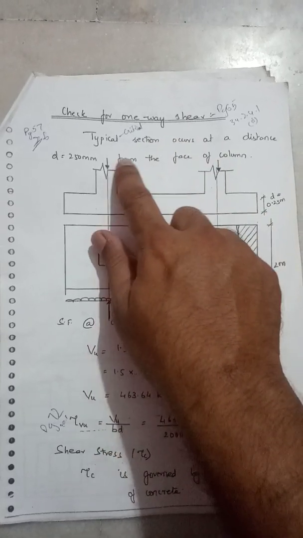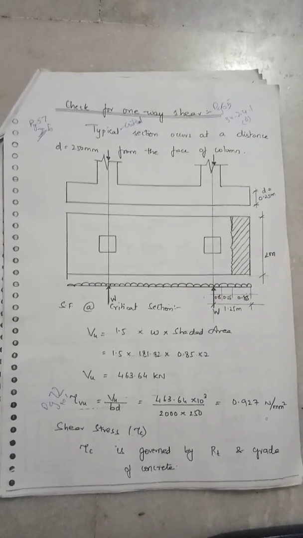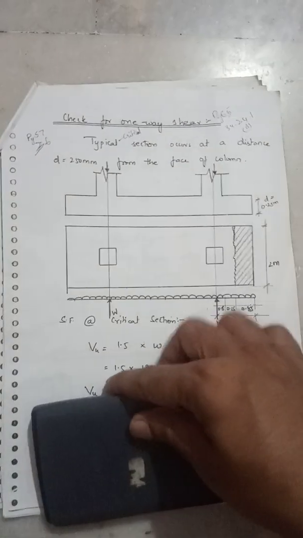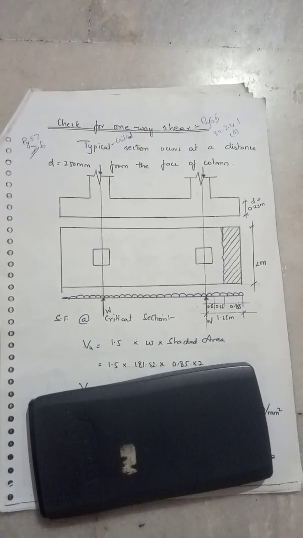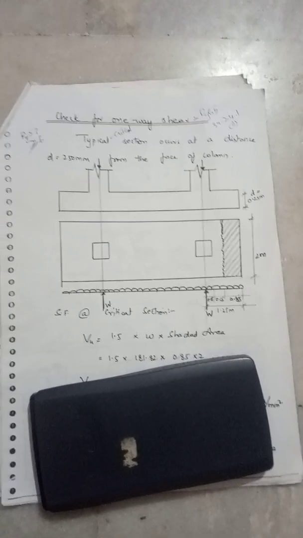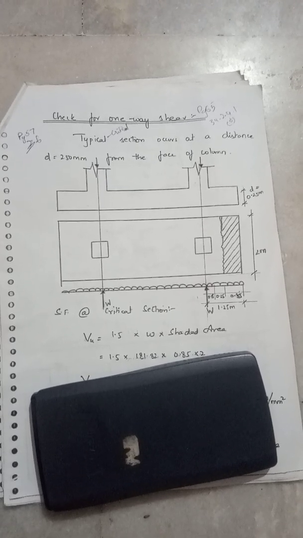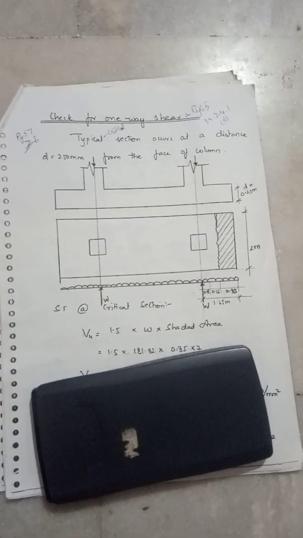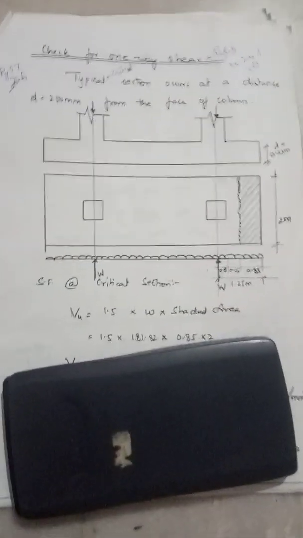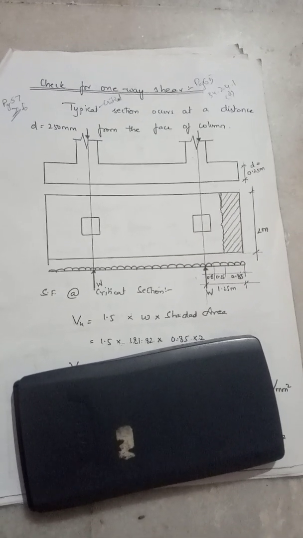What is the check for one way shear? You can see the simple steps you must have followed here. First we found out the total load coming onto the footing, that is W1 plus W2 plus the self weight. Then we found out the area. From the area we found out L and B; we had already got 2 meters. Then after finding the L and B dimensions, we found out the NUPI, the net upward pressure intensity, for the width we had seen. Width was 2 meters.